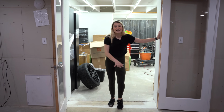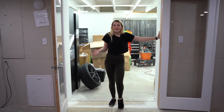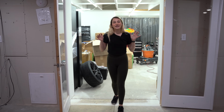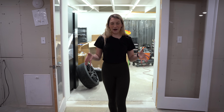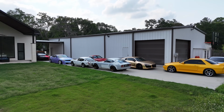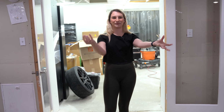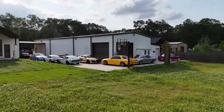I am so excited for all of this renovation to be done because I honestly really miss working on the cars. Right before I moved into the shop, it was really difficult. I was doing a bunch of installs every single day, and I'm talking big installs, and I got really tired. But now that I'm not getting my hands on a car, it feels like I'm missing something. I have a really cool project in the works for the S14. I plan on redoing the Sylvia completely, including doing a custom wiring harness. The Sylvia project is gonna be happening in June,